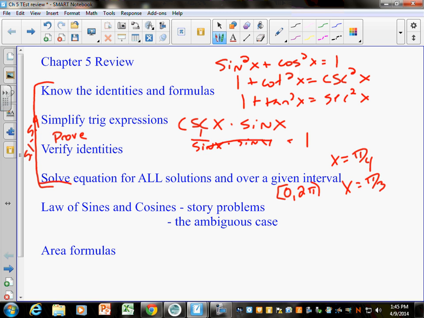The other direction is when it says give all solutions. If I solved an equation and I got an answer of like pi fourths, do you remember what you do to show that you could have every solution at pi fourths? Plus 2 pi n. So just pay attention to the directions. That's another reason why I split it up, because I don't want you to feel so rushed that you don't read the directions correctly.